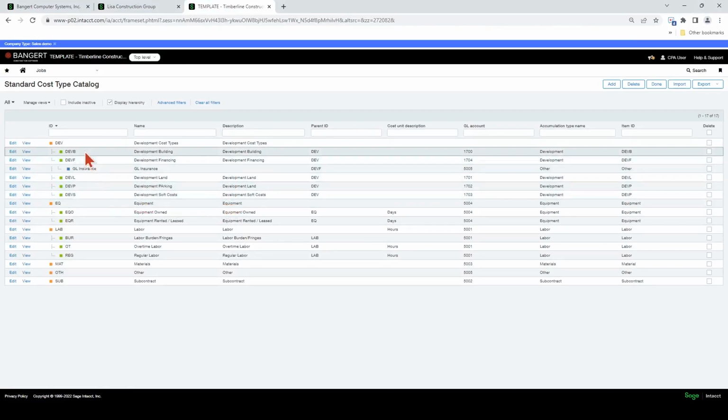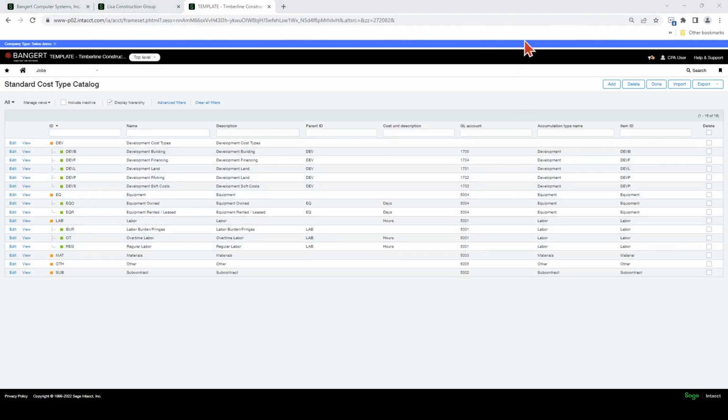At the high level here, the orange is the accumulation type: development, equipment, labor, material, other, and subcontract. The green and the blue, anything below the orange, are your cost types. These are more detailed dimensions or categorizations than the accumulation types.